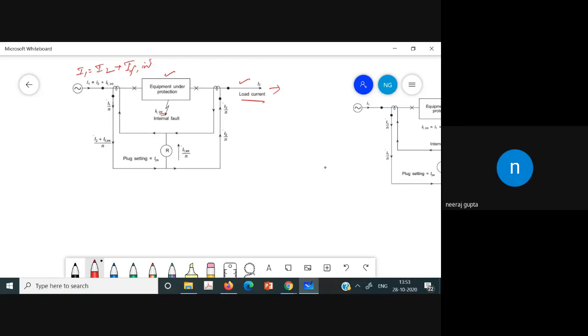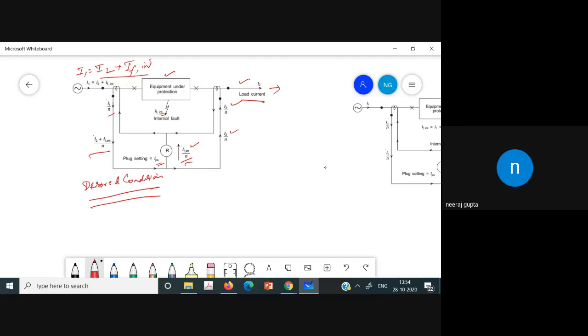So you will see that these two currents are compared. That is, in this case, you will have I1N, and I1 equals I2 plus IF internal. So it will move like that. Now here we will have the I2N, and we will get the difference of 2 IF internal divided by N. So it will flow through this spill path. And as per the requirement, if its setting is greater than the predetermined value, then definitely it will trip and actuate the circuit breaker. So this is the condition during the internal fault. This is the desired condition, what is required during the internal faults.